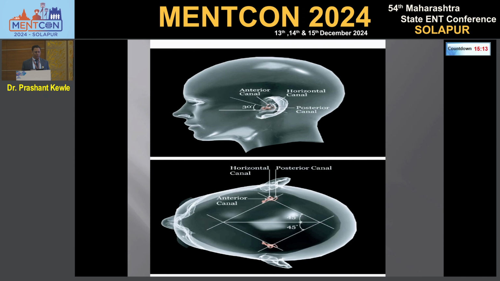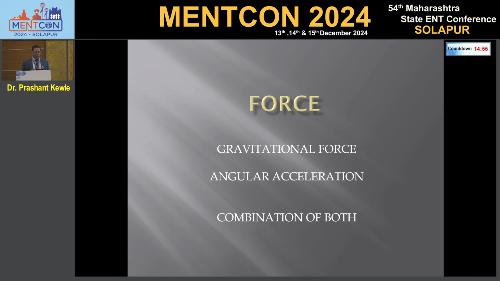So you turn the patient's head 45 degrees. Now the canal is vertical, and then you do the head hanging. So the canal will go into a proper vertical and gravity will act. That is why you have to get that canal oriented to do the maneuver and move the particles. What force you are using to deliver the particle out is very important.